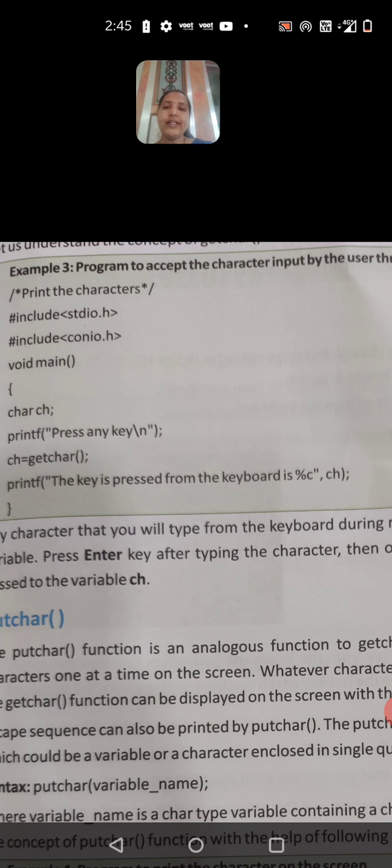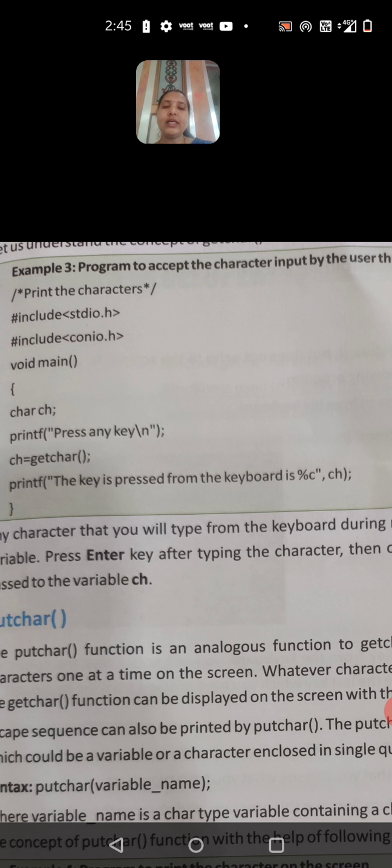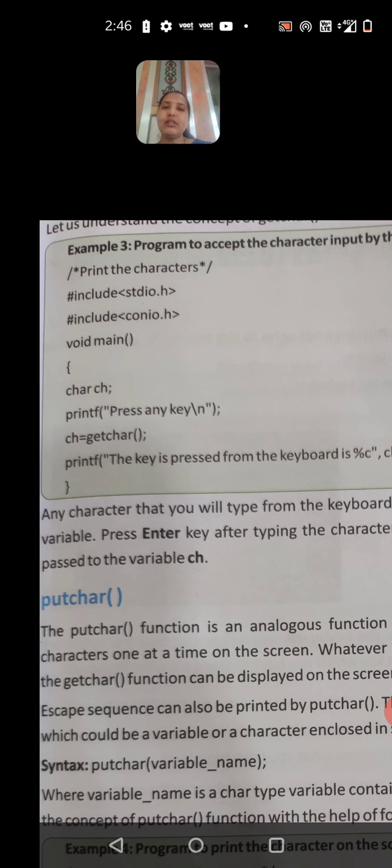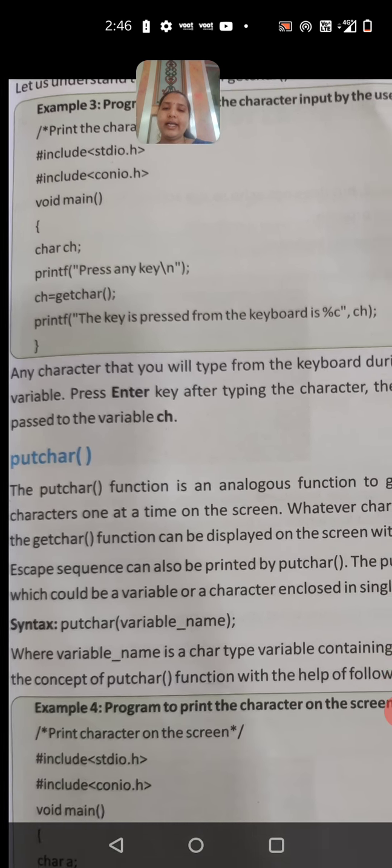After that we write the printf: the key pressed from the keyboard is character %c, ch. Ch is nothing but the variable, char is nothing but character. For character we use %c. This is how we use getchar.